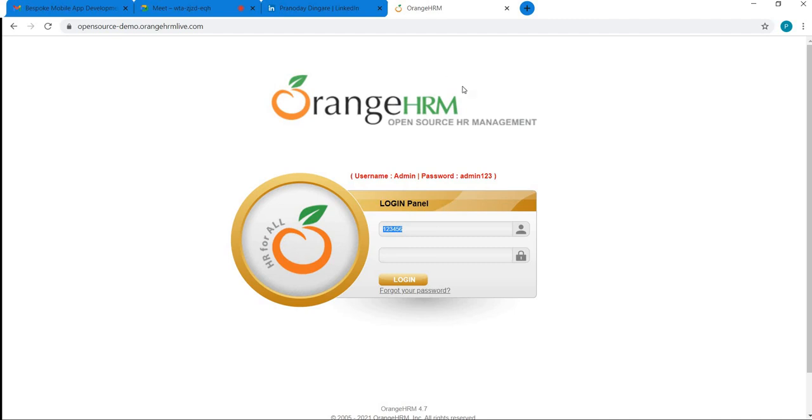Now there are two kinds of validations. One is client side validation, the code of which is written inside the page itself. Another one is server side validation. That is, once you click on the login button or submit button, the data gets sent to the server and there it gets validated whether it is correct or not. If your data is sent to the server and validated over there, it is called server side validation. Whereas if the data is validated before the user is allowed to click the submit button and the data gets sent,